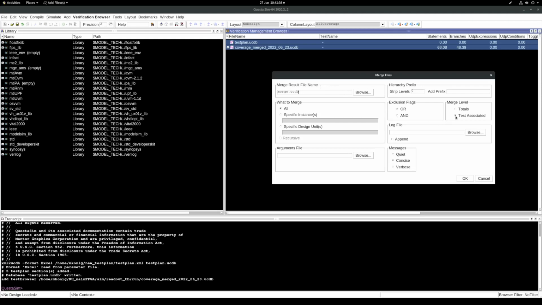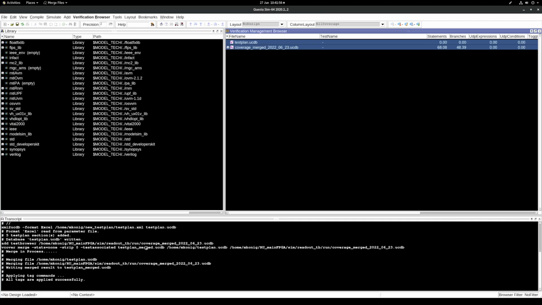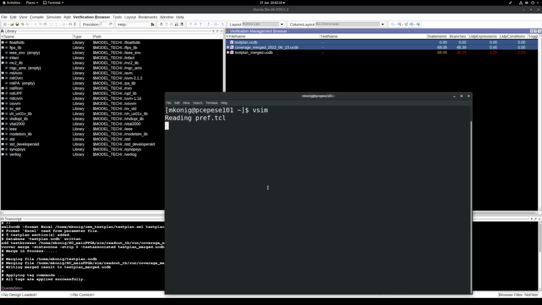Here you'll select the test associated merge level to retain this data for each individual test. And let's call this test plan merged and do the merging. So here is the vcover merge, the test associated command run. And this could take some time depending on how many tests you are merging. And this should finish without any errors, without any warnings,